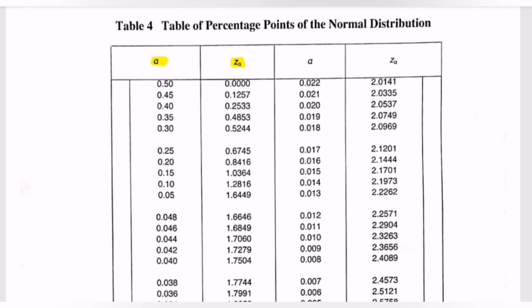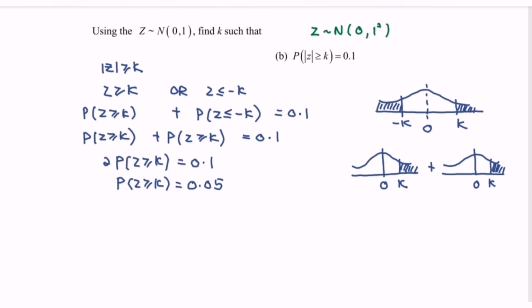So we are looking for 0.05. So as we can see, we have 0.5 then keep on decreasing the value 0.3. So we are interested in 0.05. So in here, the value of Z is 1.6449. As we can see, the probability that Z greater or equal to 1.6449, we can have the probability 0.05. So as a conclusion, the value of K is equal to